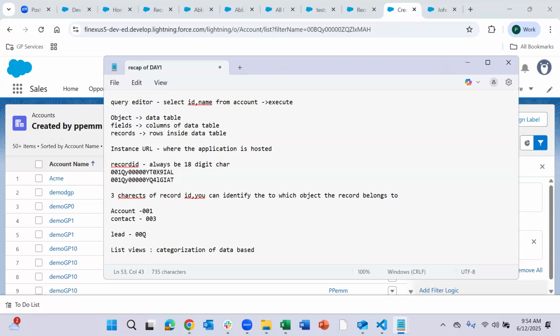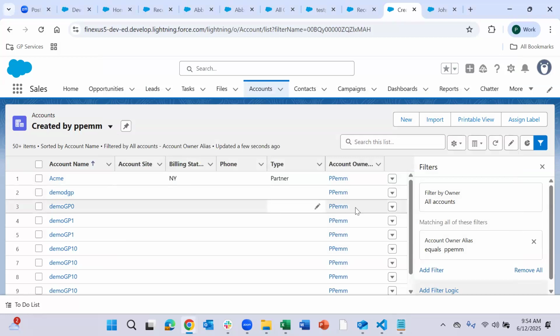So what is the criteria that we have applied here? Where the account owner alias is equal to PPEM. This is a criteria that we have applied on the account object data, and we have created a list view. So list view is nothing but displaying data by applying certain filters.